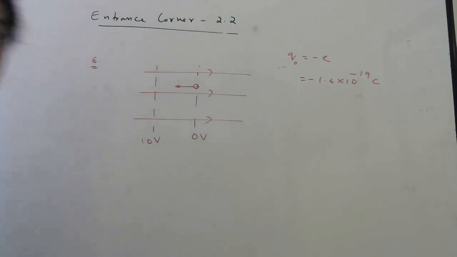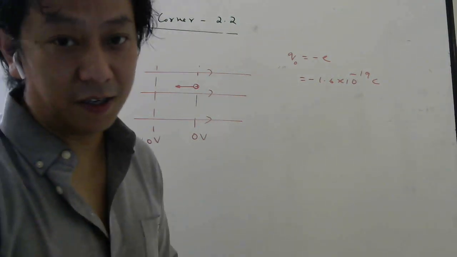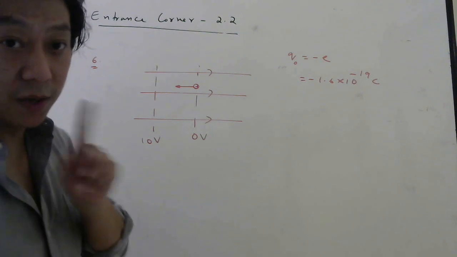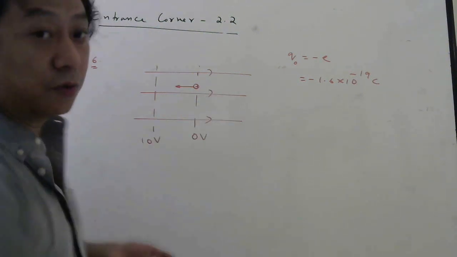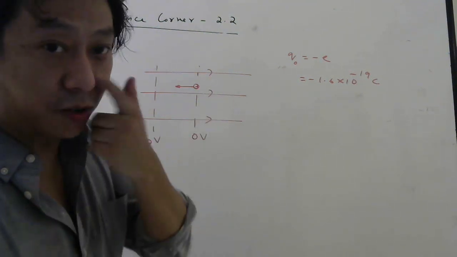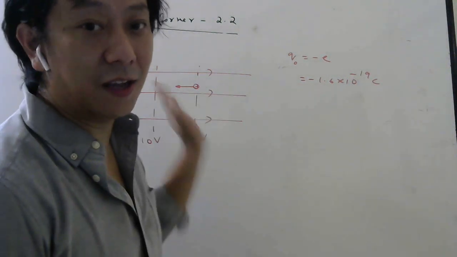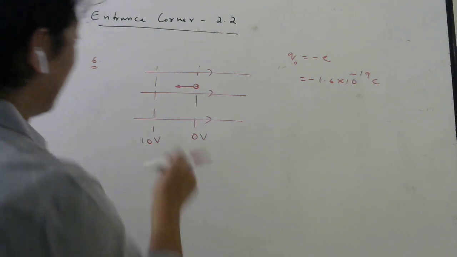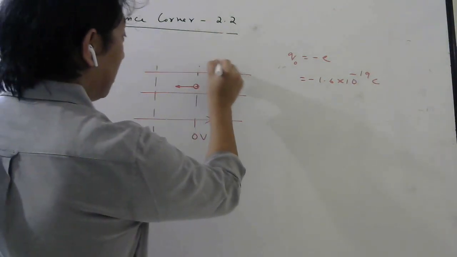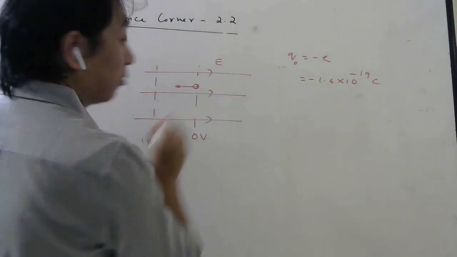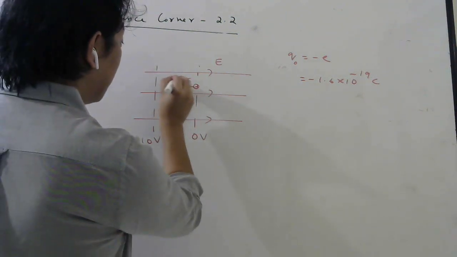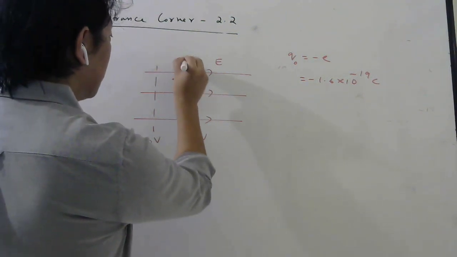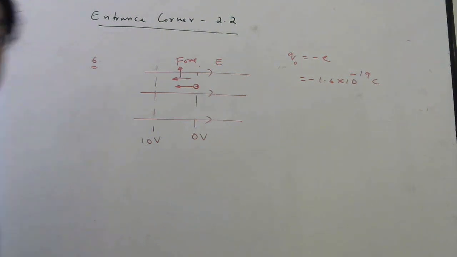So they are asking what is the change in kinetic energy. In this problem, first make a note, there are no other forces. External forces are not there. Pankaj sir is not taking the electron. It is going by itself under the action of which force? Electrostatic force. Because if the electric field is here, the force on the electron, which is a negative charge, will be this side. So this will be your force, and it will accelerate.